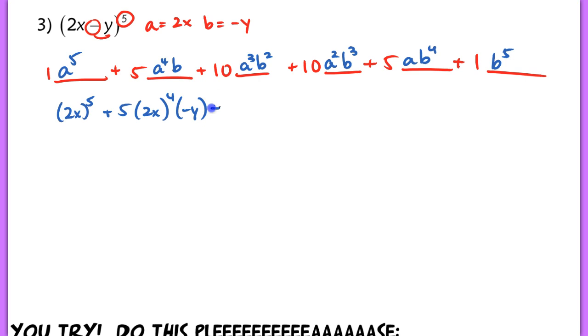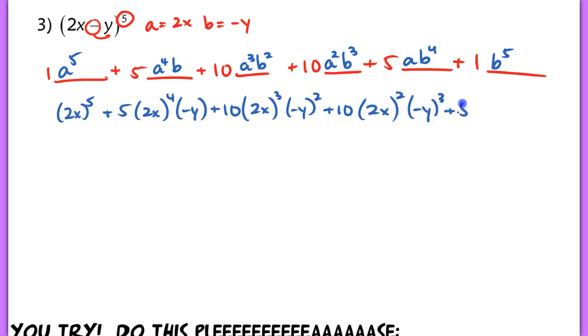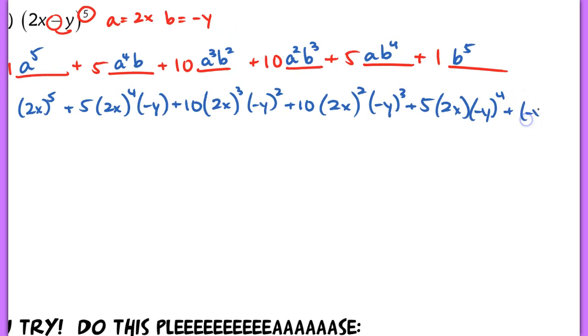Okay, so then we have plus 10 times 2x to the third power times negative y to the second power, plus 10 times 2x to the second power times negative y raised to the third power, plus 5 times 2x raised to the, oh, so just to the first, so I don't even need to write that in. And then b to the fourth gives me negative y to the fourth. And then plus, let's scoot this over, negative y raised to the fifth power. Oh, that's an ugly 5. Okay, so now from here I just